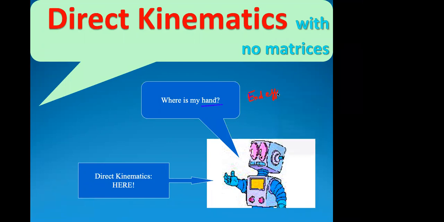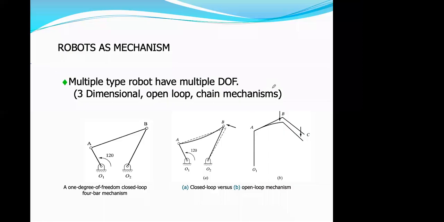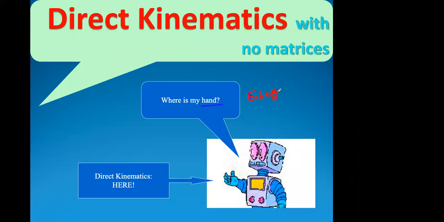So what are the robot end effectors? Robot end effectors are of three types: 1, 2 and 3. The first one is the gripper. A robot can have a gripper at the extreme end. This extreme end of the robot can be called a hand, but in robot language we generally call it a gripper.